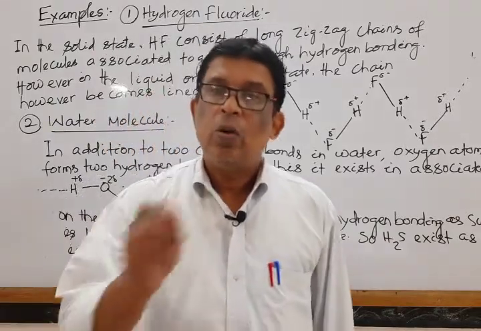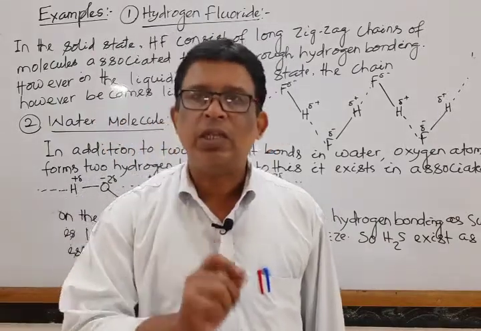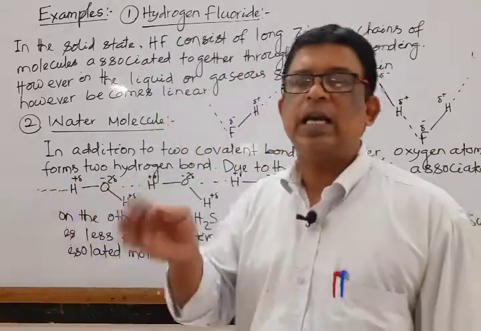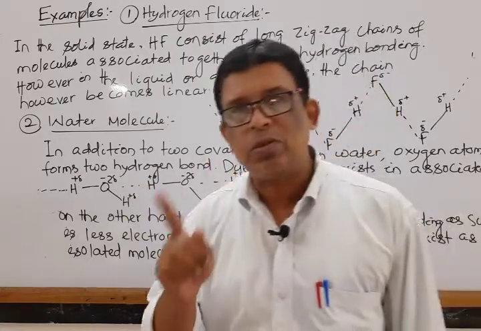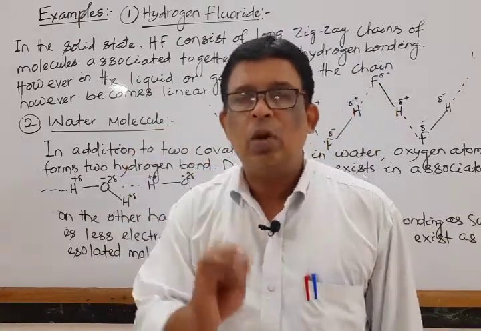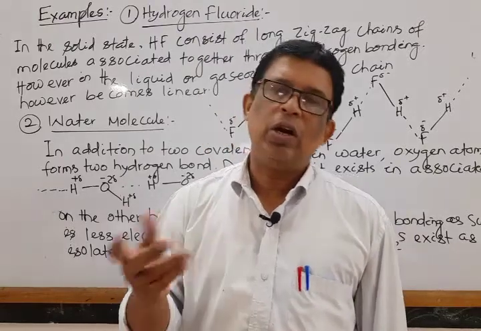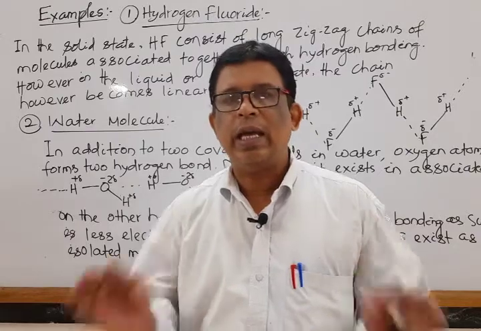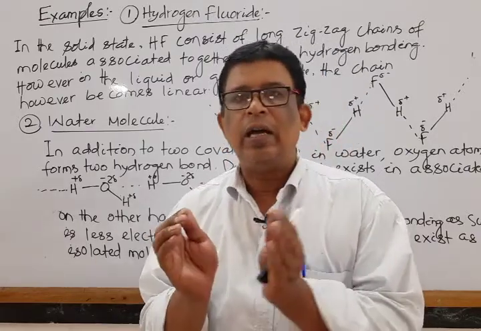The question is, why is H2O a liquid while H2S is a gas? The answer is, the H2O part is over, next H2S. In the case of sulfur, due to its larger size and smaller electronegativity, it is not able to form intermolecular hydrogen bonding.